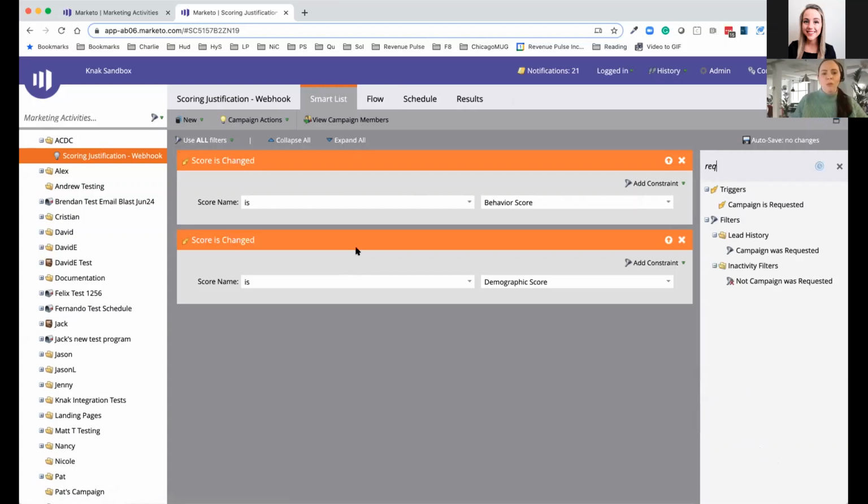So that's an option too if you want to run this, let's say, on a nightly basis, where it's if either changed, then run, and then it's only going to run once. So one thing to think about there, but a couple different ways to slice and dice it.